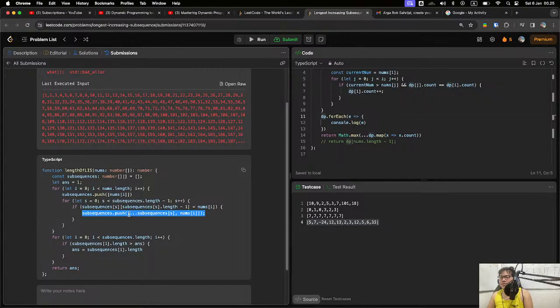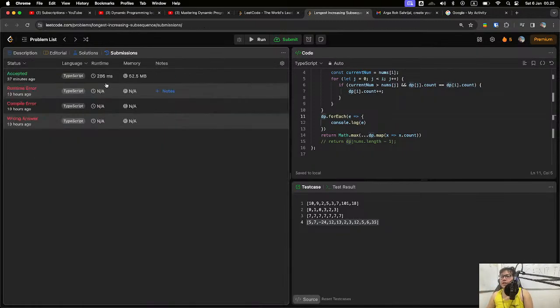this kind of array, because every time there's a new element, we check the element, we compare the current element to every possible subsequence that we already created before. And yeah, quite bad.